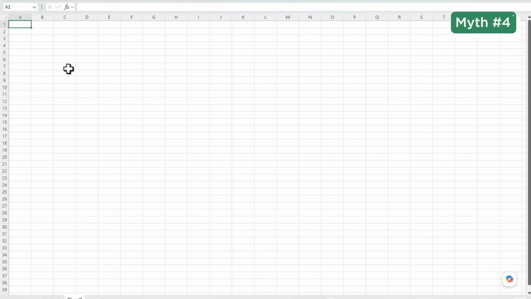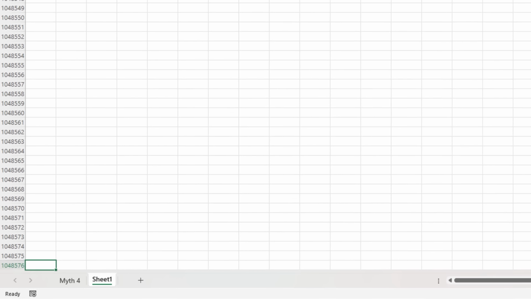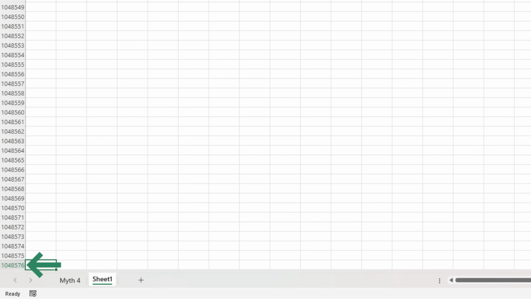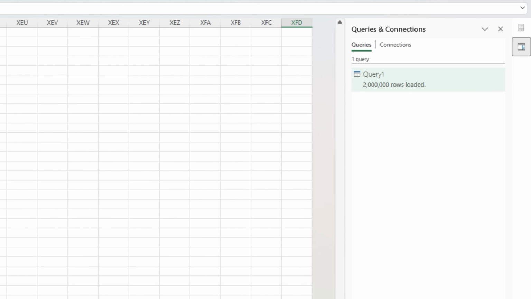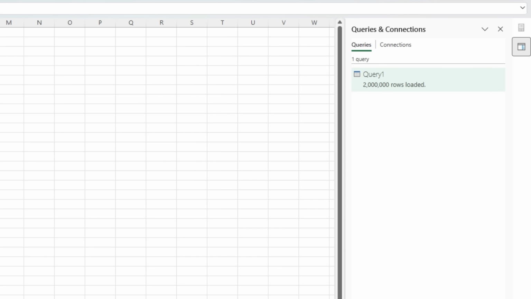Myth number 4 is Excel can only handle small datasets. Now, a worksheet is limited to 1,048,576 rows and 16,384 columns. So yes, the grid has a hard limit, but that doesn't mean Excel as a tool is limited to small datasets. In this file, you can see the Queries and Connections pane shows that I've loaded 2 million rows of